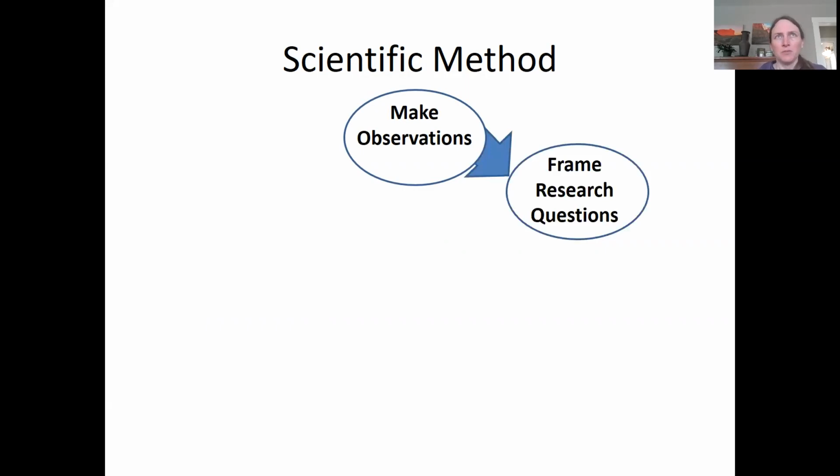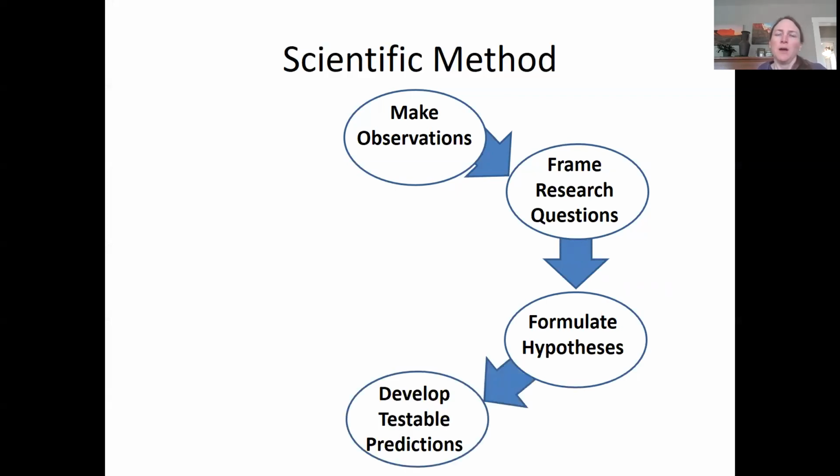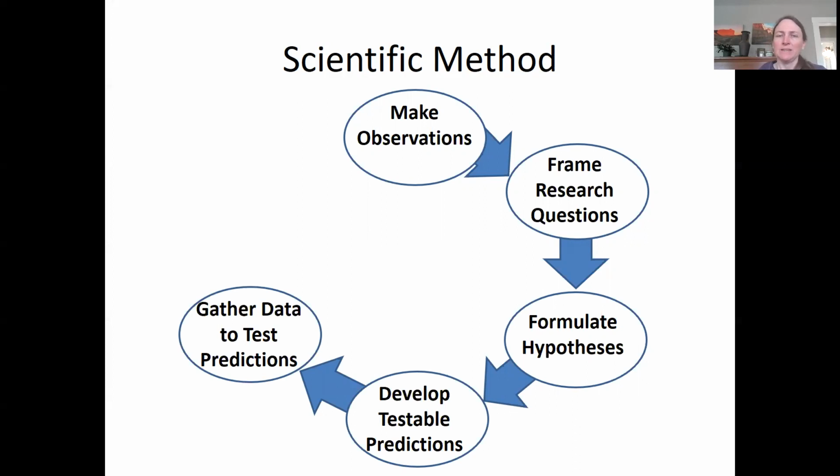And then from that observation, you frame a research question. And that research question allows you to formulate testable hypotheses. So hypotheses are educated guesses about why you're seeing the observation that you're seeing. And then once you've designed a study, you might have a prediction for the outcome of a particular study based on your hypothesis. So then you're going to develop and test predictions, and we're going to gather data from which